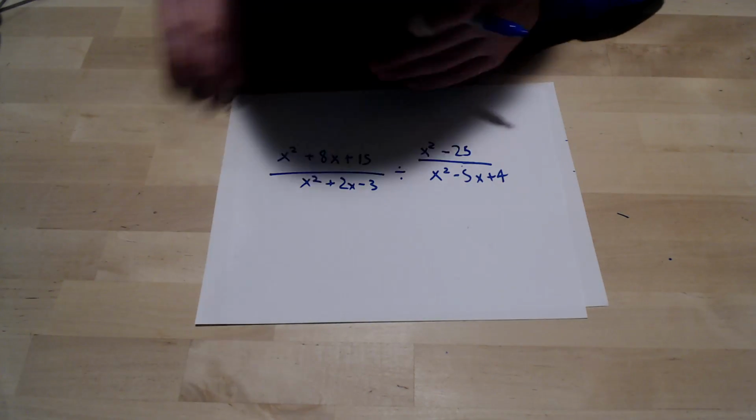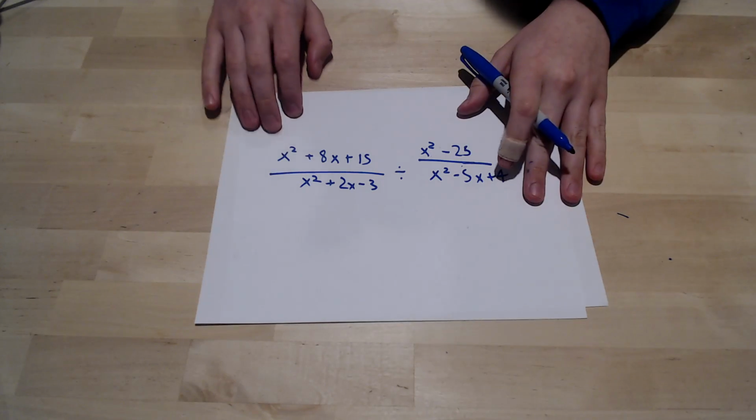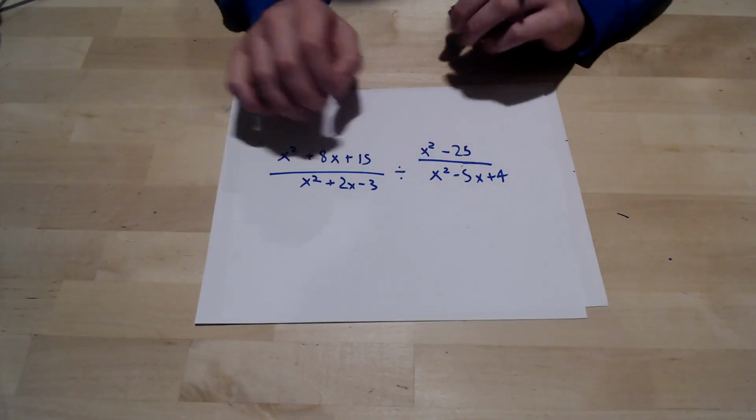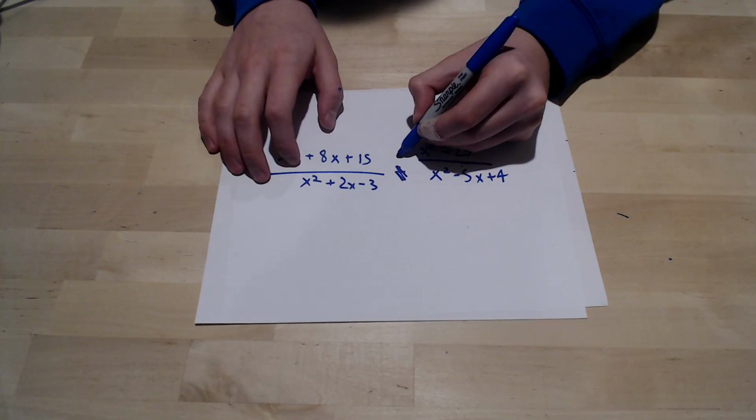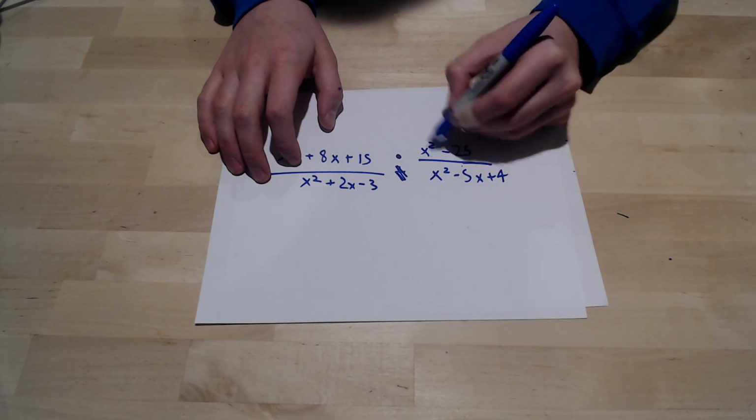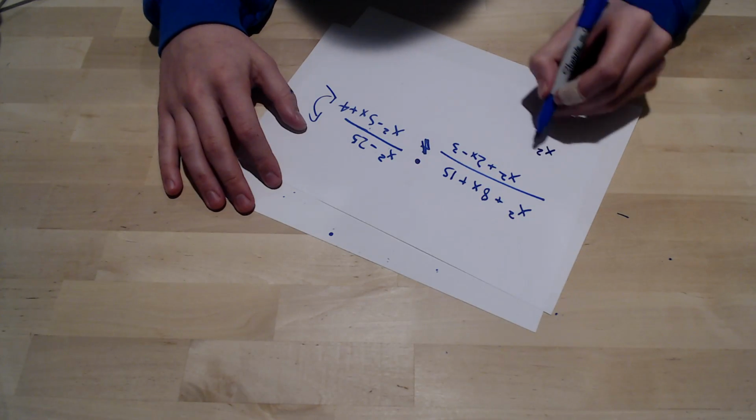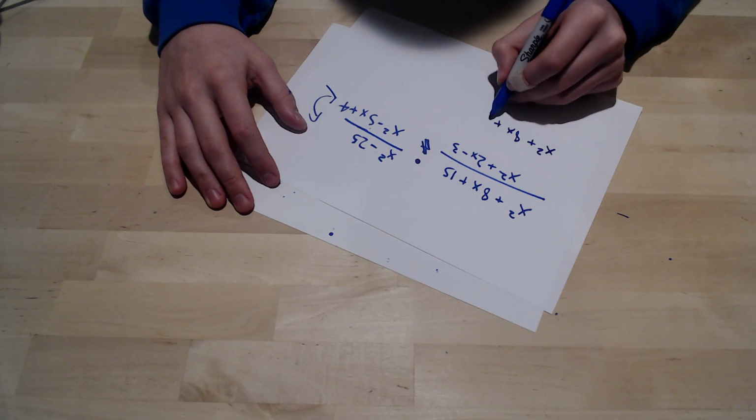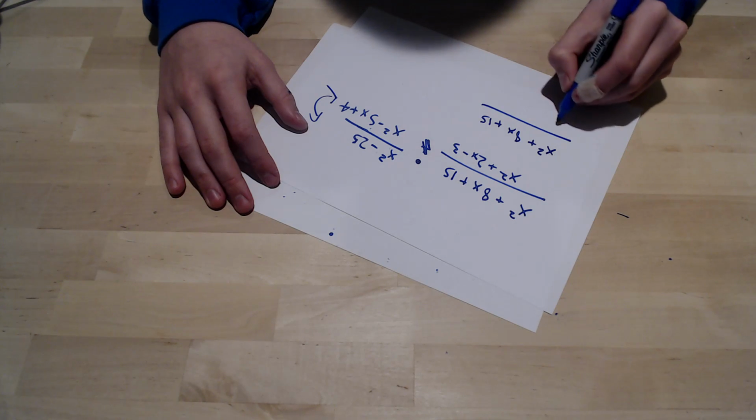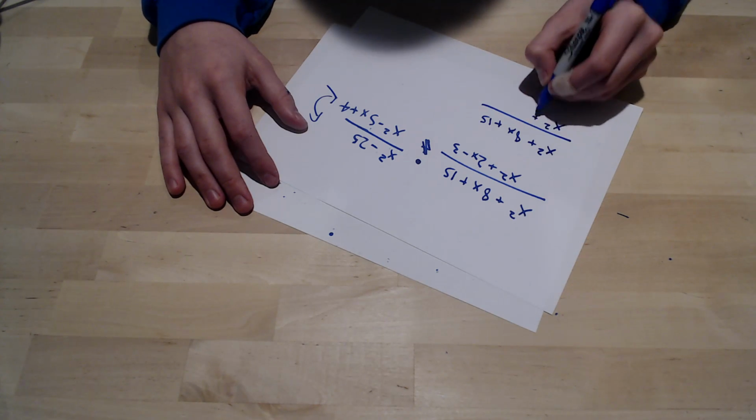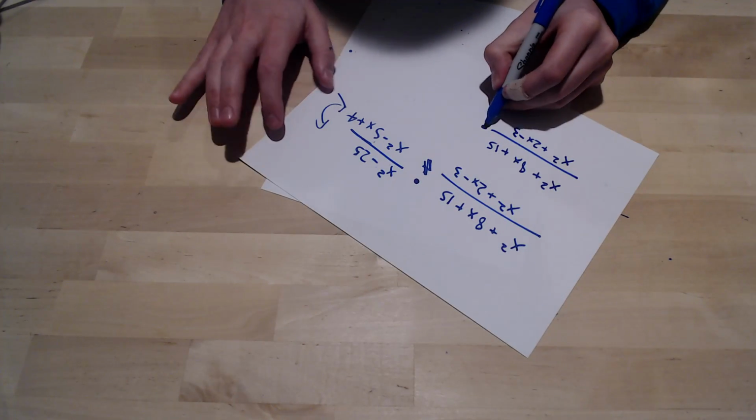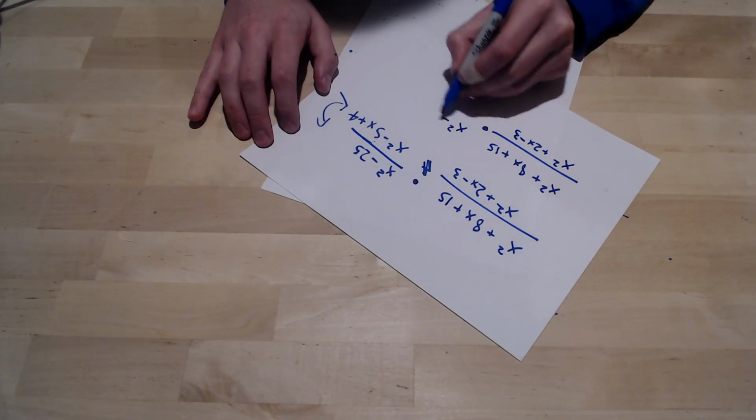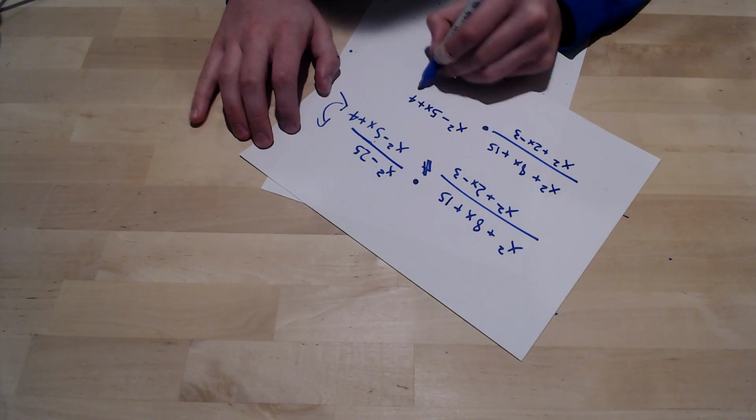Now, the first thing we have to do here, even before we simplify or factor out the numerators and denominators, is change this to multiplication and switch these. So our new problem that we will factor everything out of will be x squared plus 8x plus 15 over x squared plus 2x minus 3, same first section as before, multiplied by x squared minus 5x plus 4 over